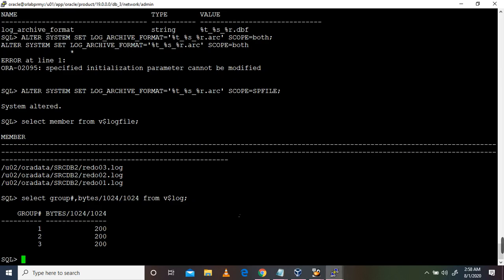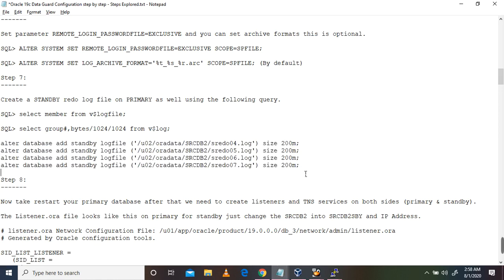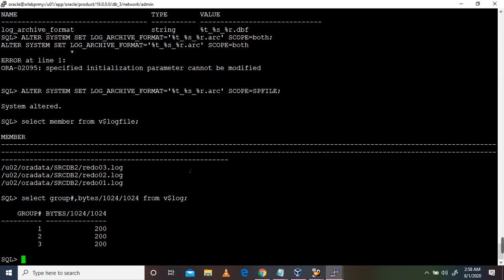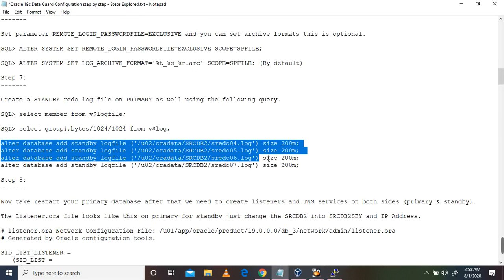So I am creating them. Here it is always n plus 1. The number of standby redo log files we need to create is n plus 1. Here there are 3 files, plus 1, so we need to create 4 standby redo log files. So I'm creating.